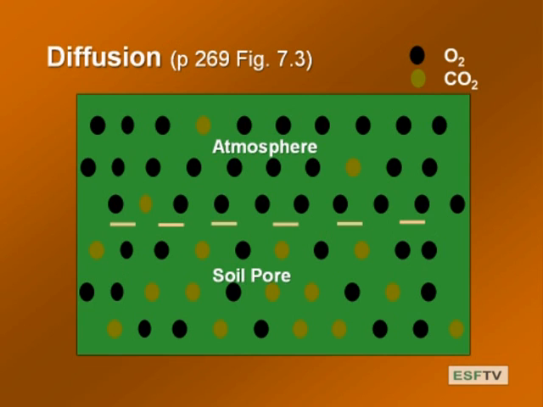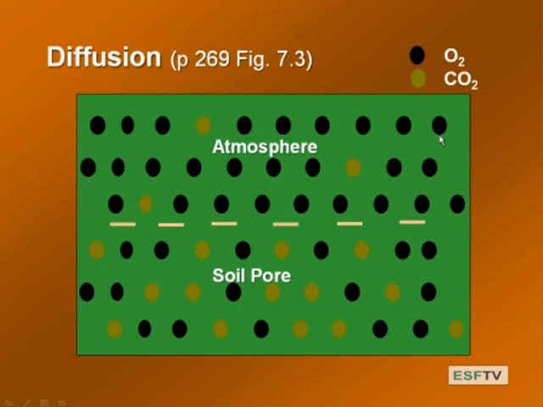So this is showing the cartoon of the atmosphere and the soil, this white line here being the soil, and it's showing the concentration of oxygen, the partial pressure. You see there's a lot more oxygen in the atmosphere than there is in the soil. Okay? And this is just relative numbers. By the same token, there's a lot more CO2 in the soil, so all these little light browns, compared to the atmosphere. So there's a gradient, okay? And this gradient is going to change, and diffusion is the mechanism that's responsible for this.